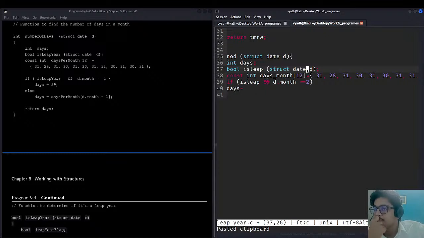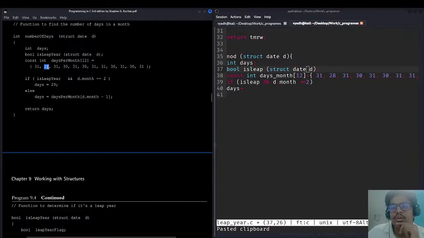How are we altering that in the array? The problem is how we are altering that in the array, because we have not used this thing here. Okay, I think they have used it. They have taken the default case of 28, and if this condition does not follow, like if it is not a leap year,